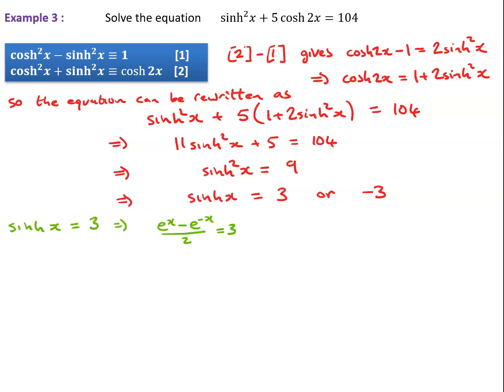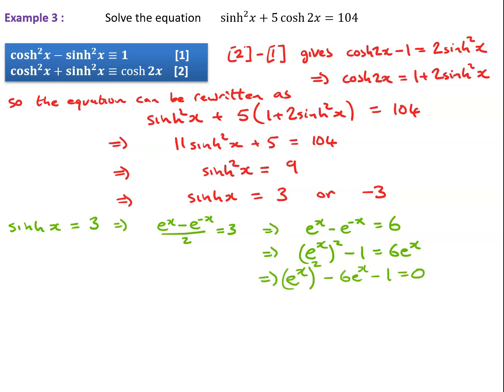If we've got sine x equals 3, that now gives me the equation e to the x minus e to the minus x over 2 equals 3. Multiplying up by 2 gives e to the x minus e to the minus x equals 6. Multiply through by e to the x, now gives me e to the x squared, take away 1 equals 6e to the x. So I've now got my quadratic equation in e to the x,